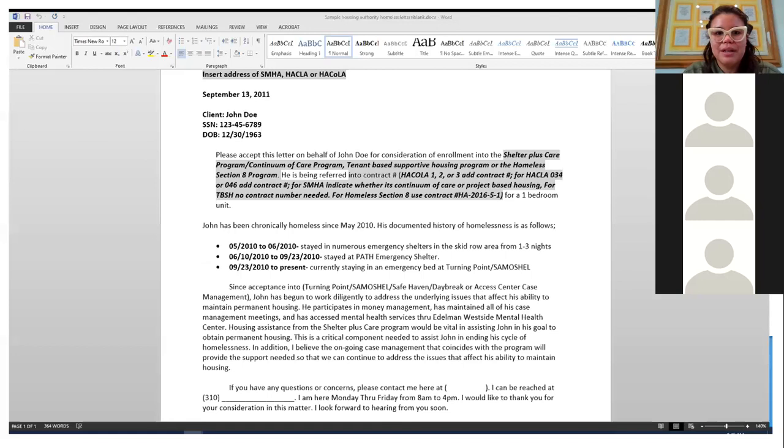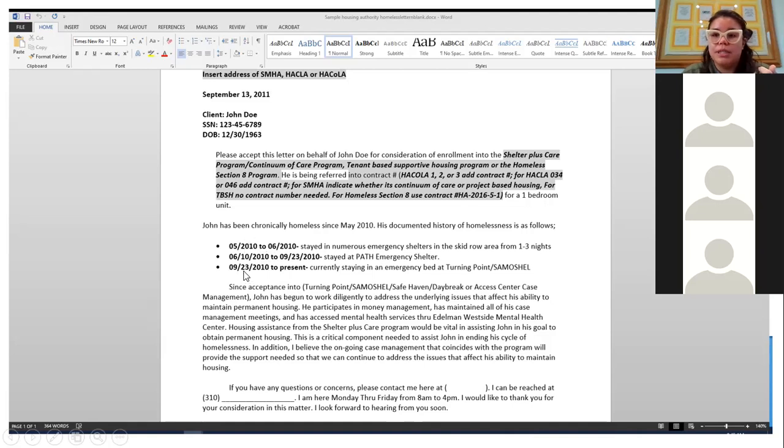So this is a little example of what it would look like. Sorry about that. You can't see it here, but there is the professional letterhead up here that says "To whom it may concern." You're going to insert who you're sending it to and their address. So it's just like a business letter: the date, client's name, social, date of birth. Something to the likings of this. Obviously you'd plug in whatever program you're actually writing from and what you're applying for here. That would change from client to client. And this is how we want you to list out their